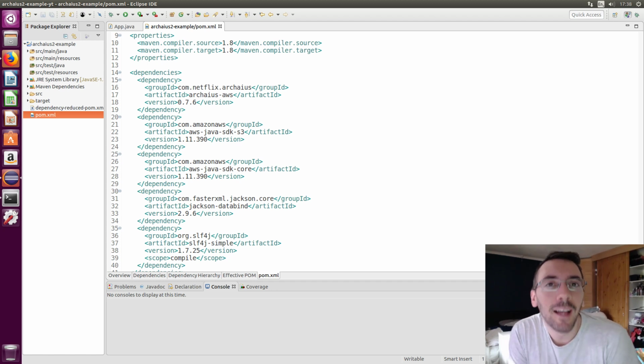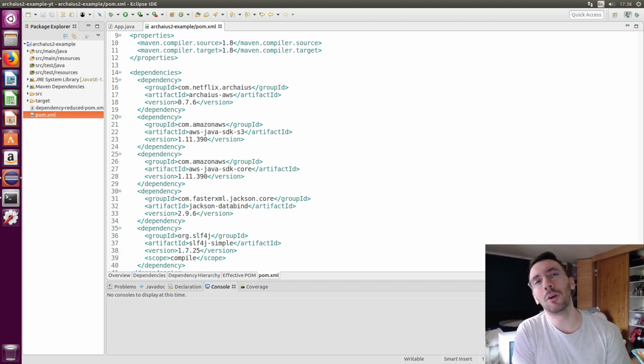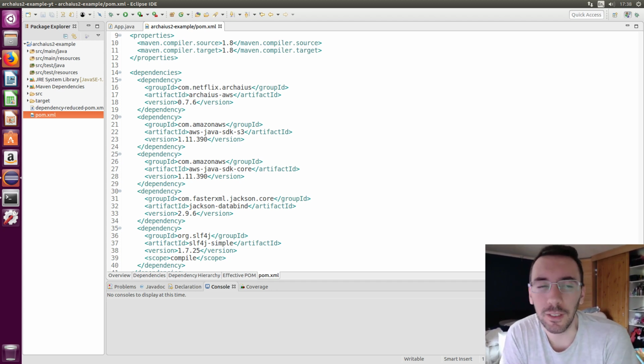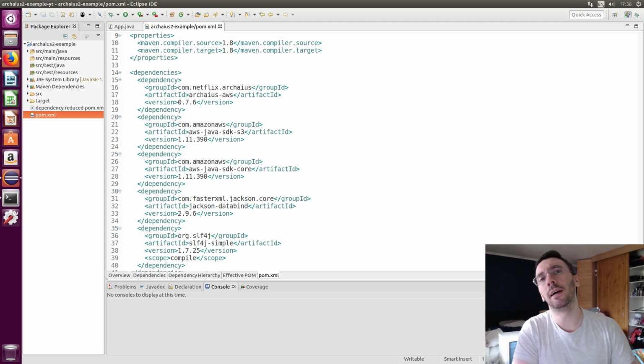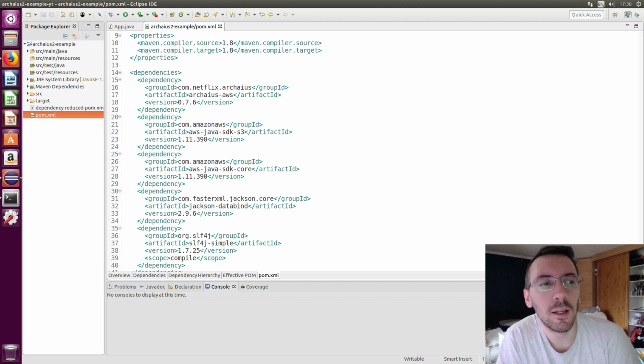Hi guys. So far we've been looking at Archaius 2, the newer Netflix config implementation, which is pretty cool. You have the layered config. You can set all overriding structures within your configs. It's pretty awesome. But one thing that Archaius 2 doesn't do, that Archaius Legacy does, is bring in a hell of a lot